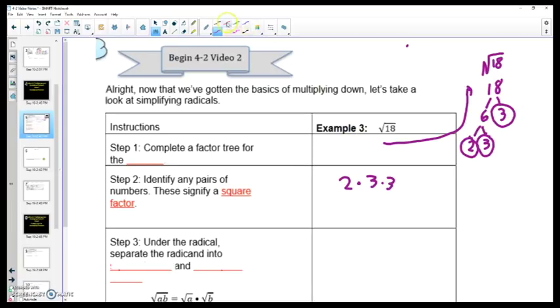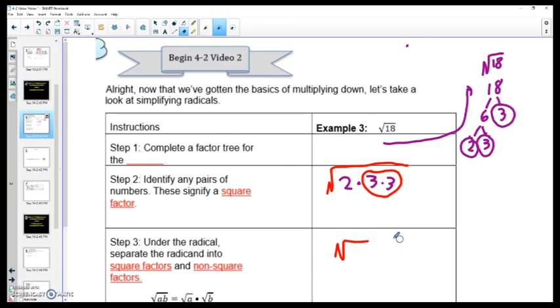The 3's, however, both are going to be a pair. We have two 3's, that makes a pair. So we're going to go ahead and circle those. These are going to be our square factors, 3 and 3. Now what we want to do now is to break the radicand up into the square factors and the non-square factors. So remember this was the square root of 18, we're going to take the square root and we're going to split it so that instead of being one big radical, we're actually going to have 2 smaller radicals